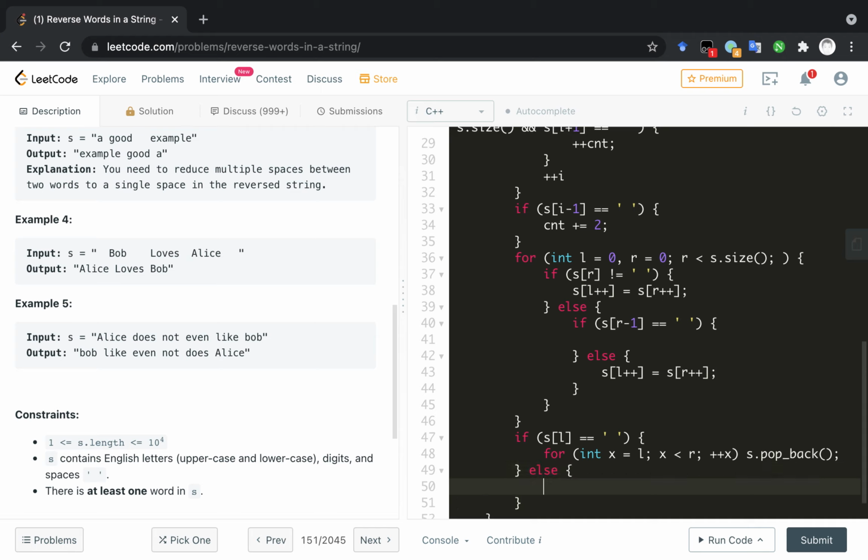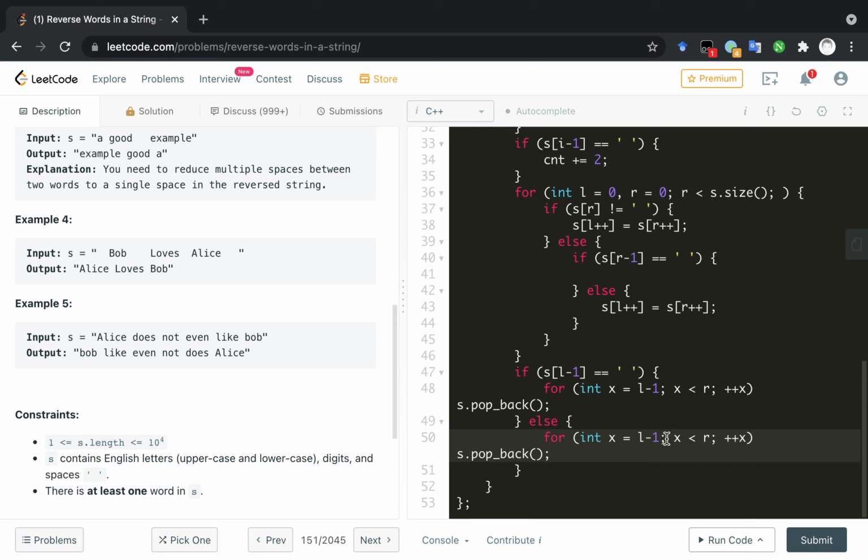If it's not, if it's a character, we need to remove it from L,